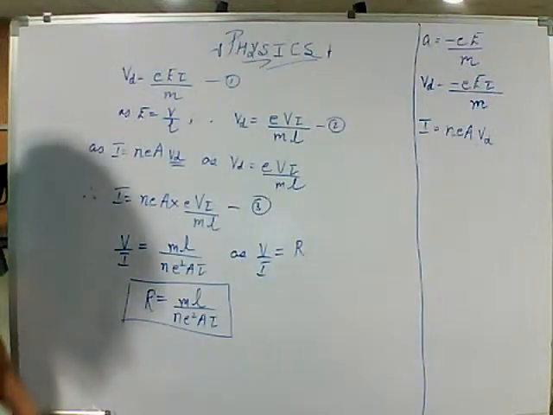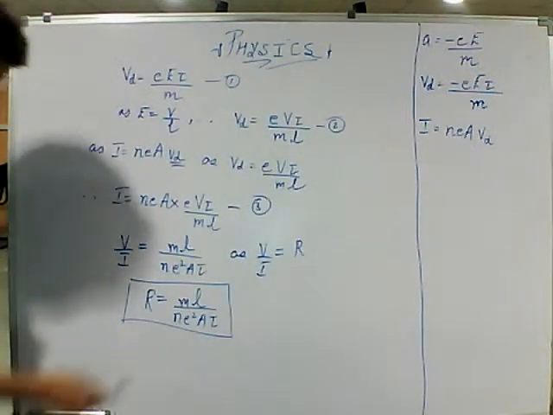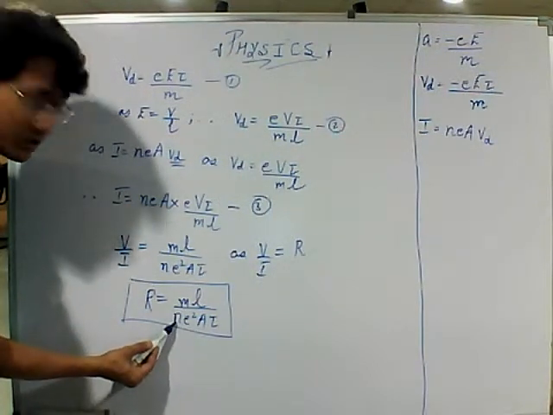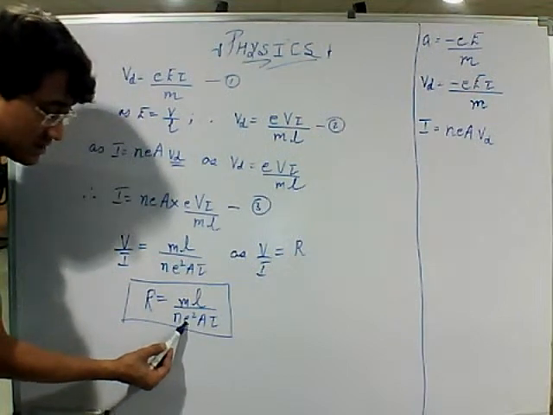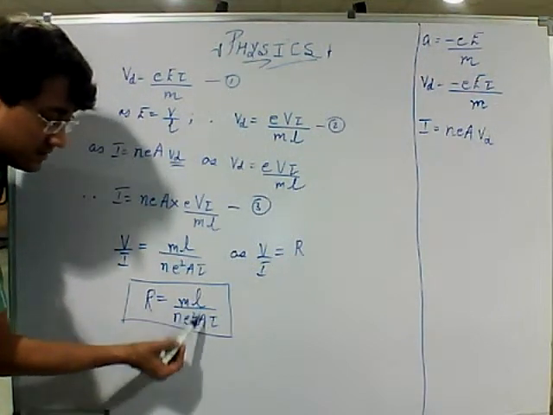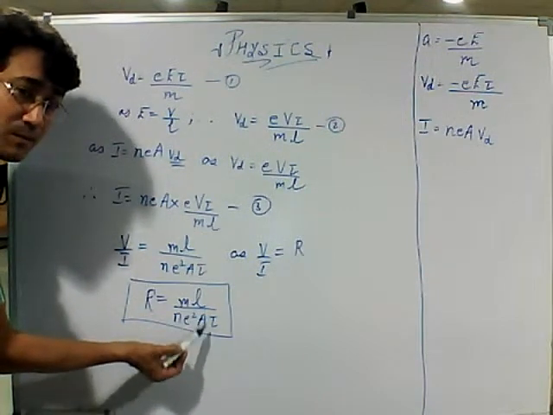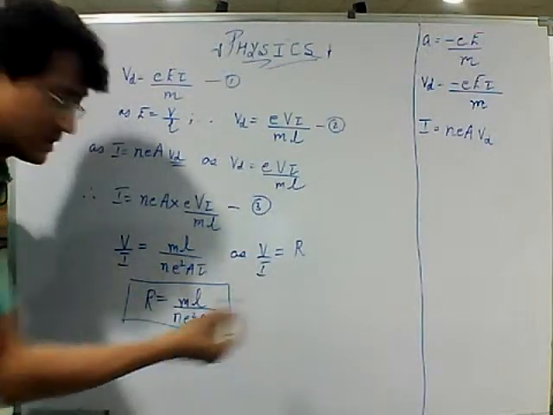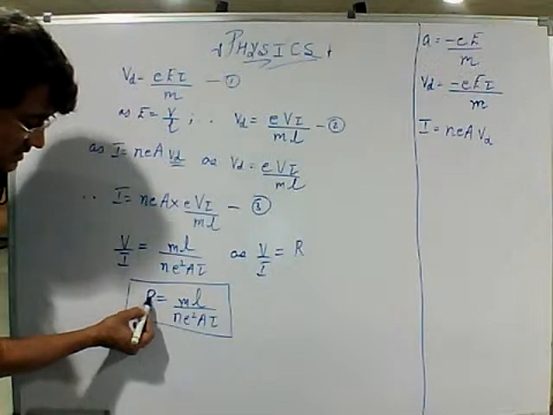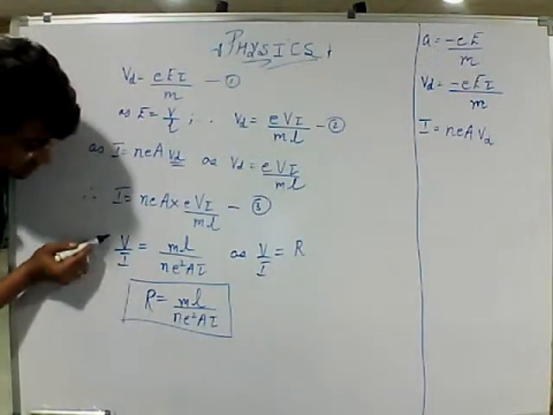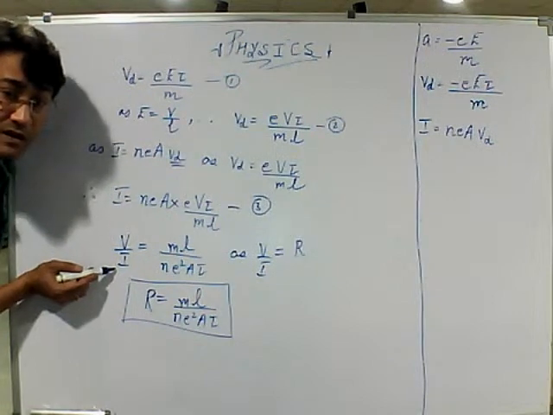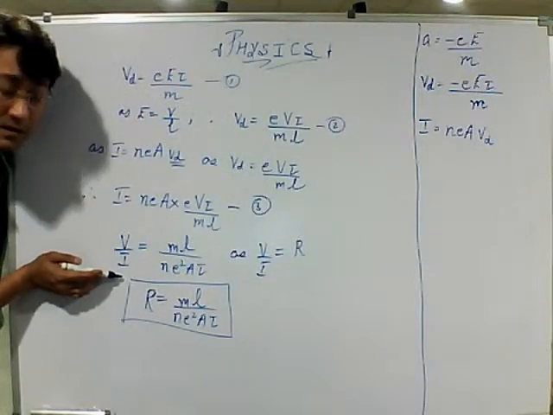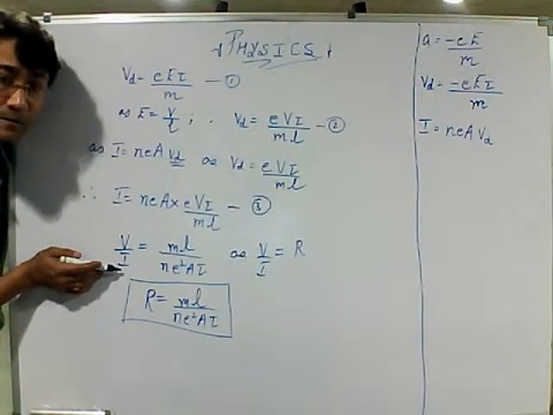Okay. So if you see over here, the mass of a particular section, the mass and charge of the particle are constant, the number of electrons per unit volume is constant, the charge of the electron is constant. If you take the area and length, the parameters, as constant, the relaxation time for that applied potential is a constant. So these physical conditions become constant. That means the ratio of V to I is a constant for a particular section. So again we have Ohm's law from here also, that the ratio of V to I is a constant.